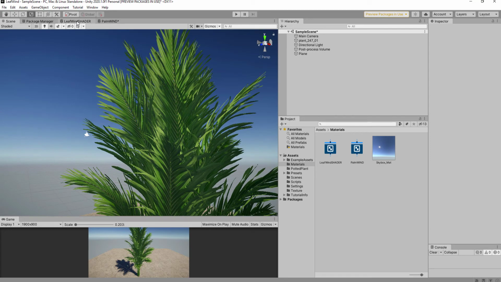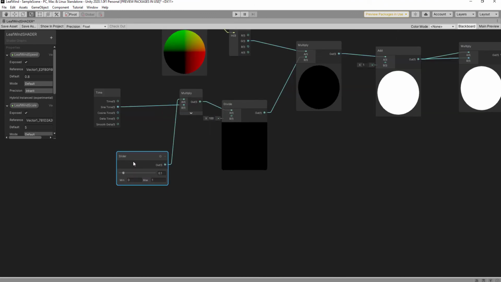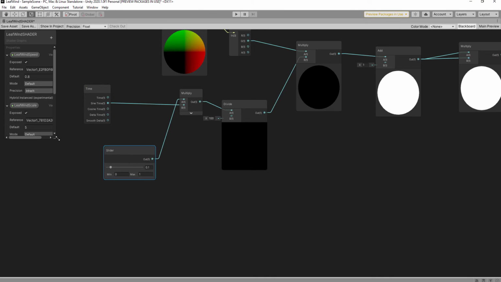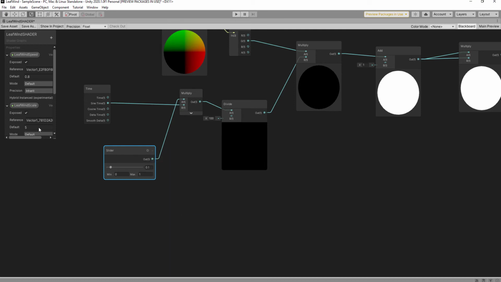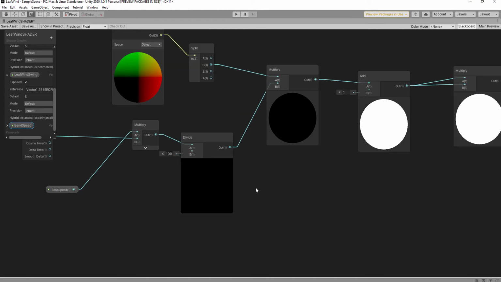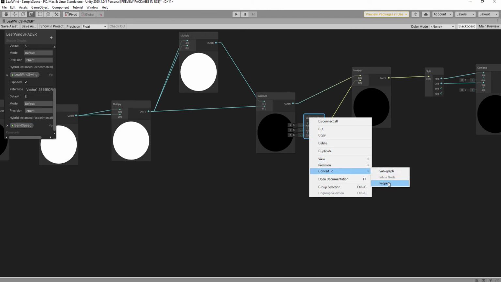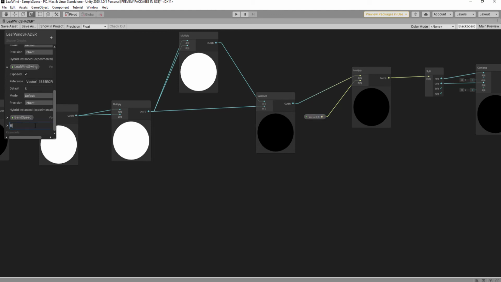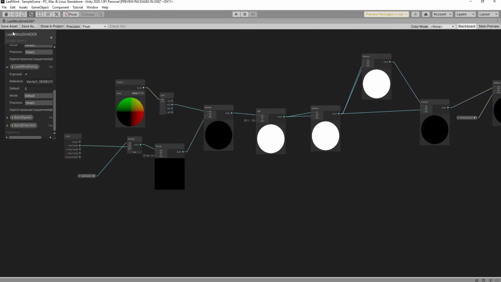Again, leaf wind shader and slider multiply, you know, and convert to property, and name is bend speed maybe, and this convert to property, bend direction, yes, and I think enough for now, yes, and save it